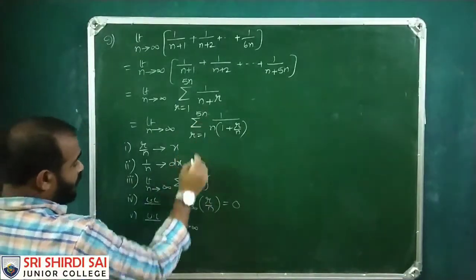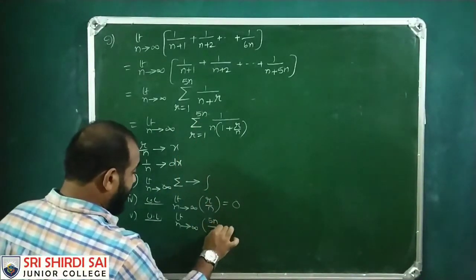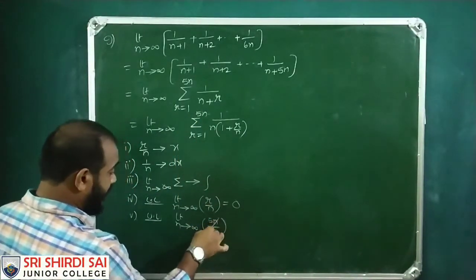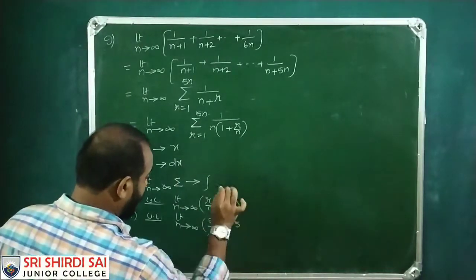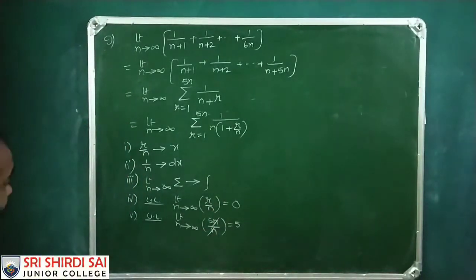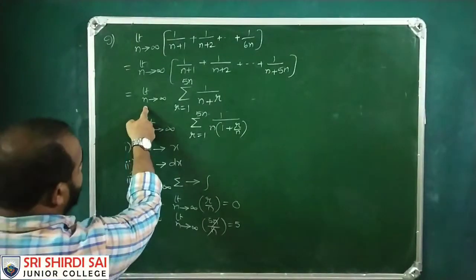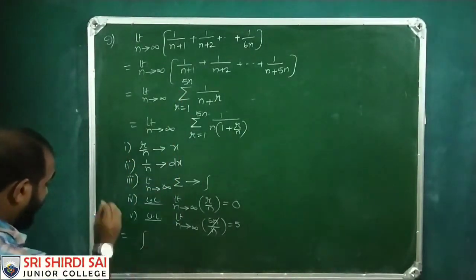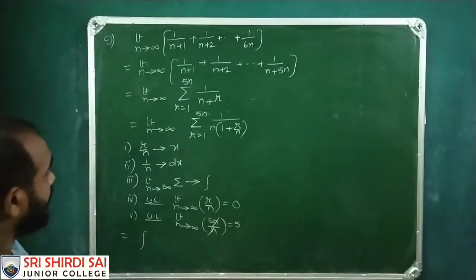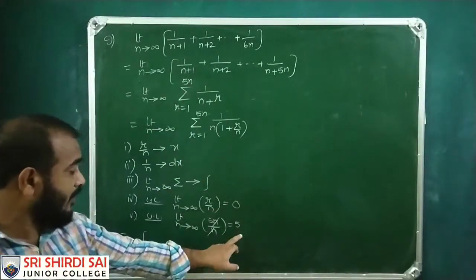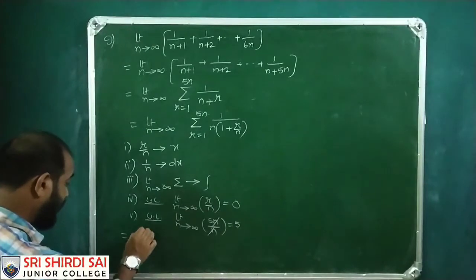So r now is 5n by n, so n gets cancelled, so 5. Therefore this has become limit n tends to infinity sigma, that is integral 1 to 5n has been replaced by 0 to 5,